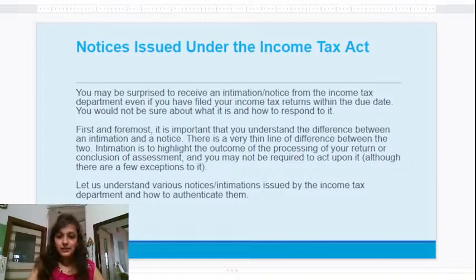The tax department examines the return filed, and if it has any reason to believe that the information declared by the assessee is incorrect or incomplete, then the case is taken up for scrutiny assessment. The assessee is informed through issue of notice and is supposed to take the required action as communicated by the department.